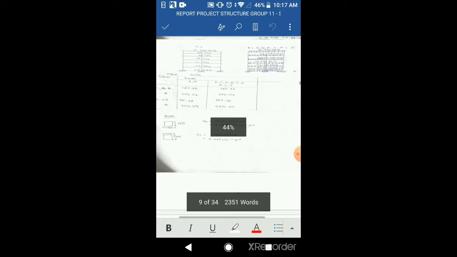We are going to analyze our structure by using the moment distribution method. Before that, we need to know the value for the fixed end moment, which we calculate using the formula WL squared over 12, and we also need to know the second moment of area for the beam and for the column. This